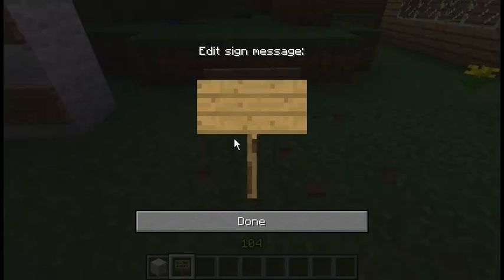Like, if you have a city, it's like you haven't started building a city yet, but what kind of city is it? Have you thought of that? Is it going to be a medieval city? Is it going to be a futuristic city?